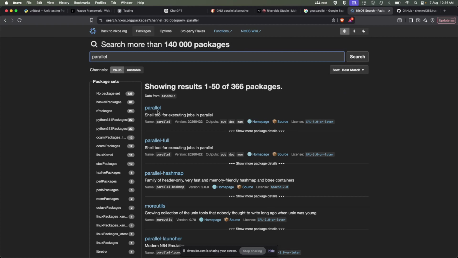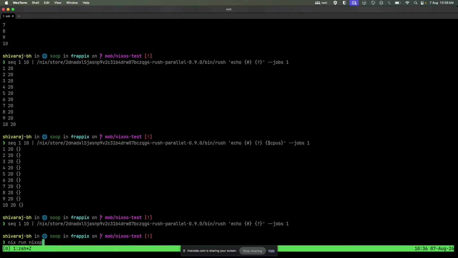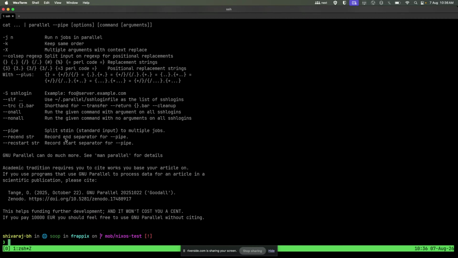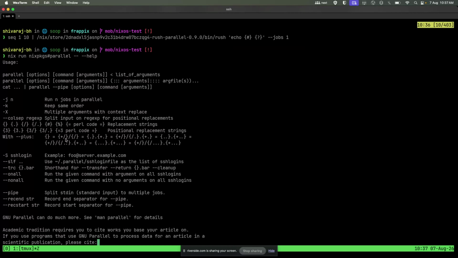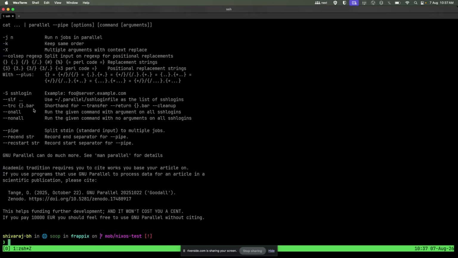Is it just parallel? Yes. Okay. Next run, next pkg is parallel. Need the help. Okay, I think the help is pretty big. Oh, it's not big. Okay, because you mean, it can do much more. Yeah. I mean, we could try the same example on this,